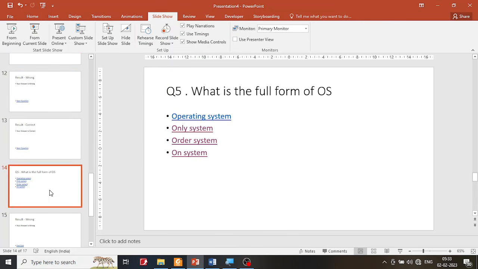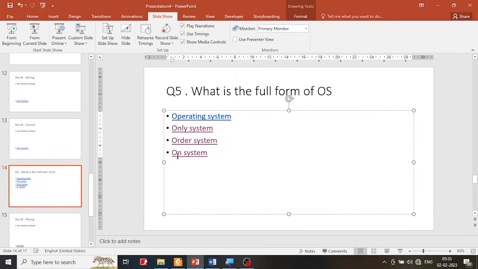Let's go to the fifth one. Nobody says that the first answer is wrong. The first answer can be also the right one. So if you want it at the end, what you are supposed to do? Go to the last one, press enter. After that, select it, drag it down. Okay, now your quiz is